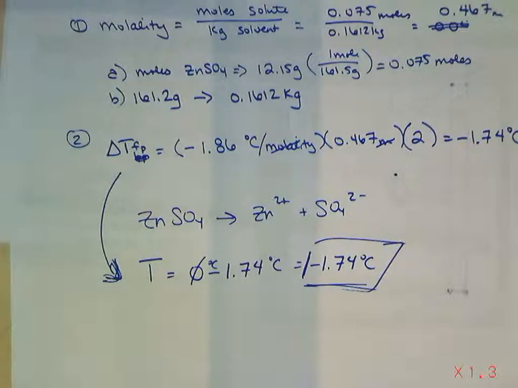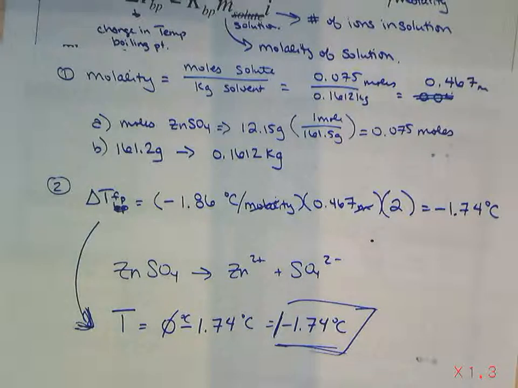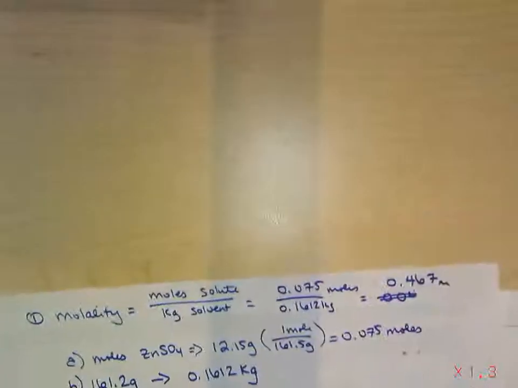Have I confused anybody else in any other kind of way? Just general confusion? Well, don't you worry. You're going to do this a whole bunch today in lab. You are going to figure out the freezing point of just plain water. Then you're going to add a salt and figure out its new freezing point. Surprise, spoilers, it's going to be lower. If you don't get it to be lower, you've done the experiment wrong. So, good. All right. In that case, let's go on to osmosis, because